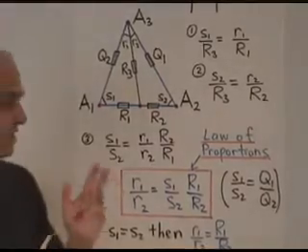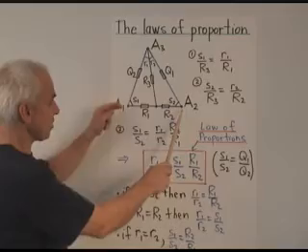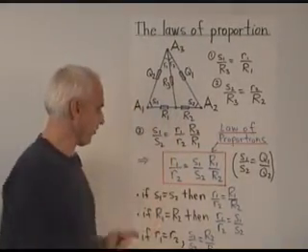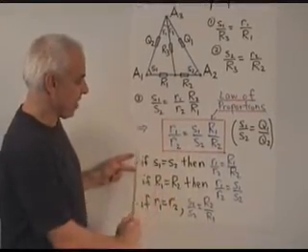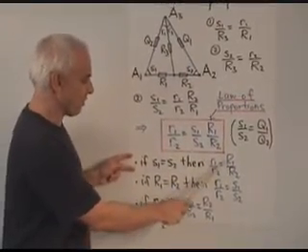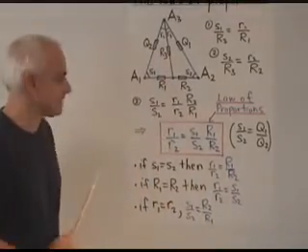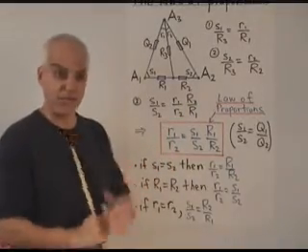There are three interesting special cases. Let's look at them individually. The first is when the triangle we start with is an isosceles triangle. We'll suppose that S1 equals S2. In that case, that constant there is 1, and we just get r1 over r2 equals capital R1 over R2. So the ratio between these two spreads equals the ratio between these two quadrances if the triangle is isosceles.